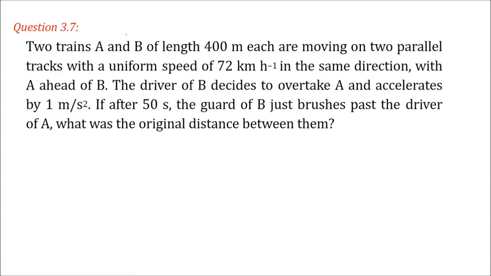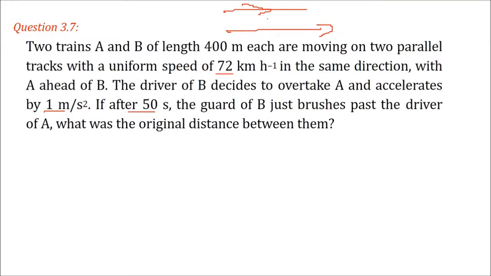Two trains A and B of length 400 meters each are moving on two parallel tracks with a speed of this, in the same direction, with A ahead of B. You can say that there are two parallel tracks, and one is moving like this, the other is moving like this. The driver of B decides to overtake A and accelerates by 1 meter per second square. If after 50 seconds the guard of B just brushes past the driver of A, what was the original distance between them? So after 50 seconds, this is very important, this has to be taken into account in the question,